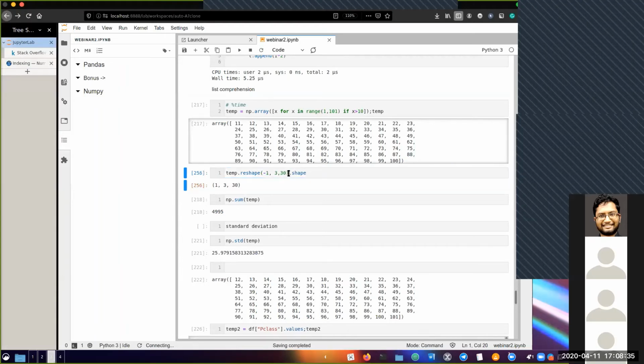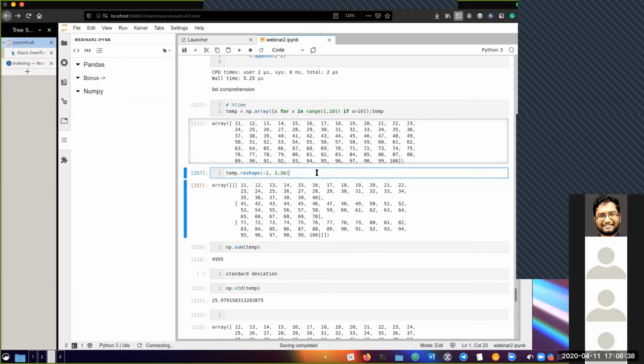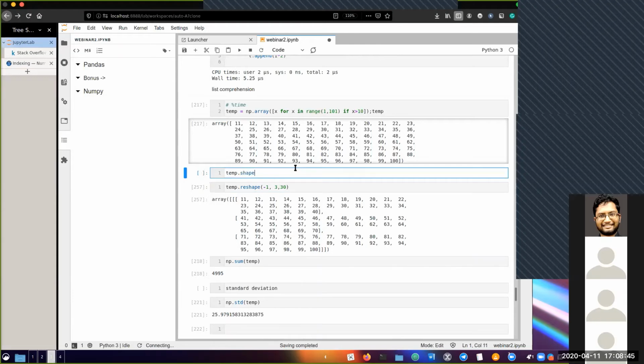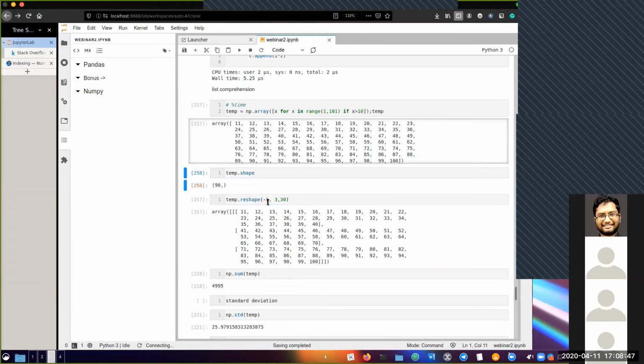If you want to know how the calculation is done, it's very simple. All I have to do is keep this constant. So suppose I do temp.shape. I know this is 90. So you can ignore -1 because it's being calculated automatically. Generally it's 1. Like if I reshape it, I get this is 1. So all I have to do is make sure that the product of all of these three is the same as this. That's how it's calculated. But we're lazy as programmers, so got to put a -1.